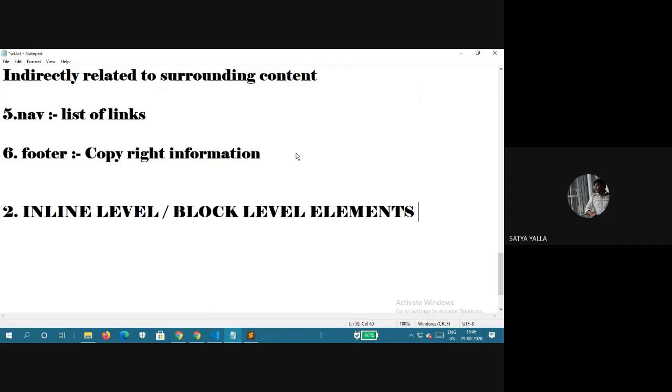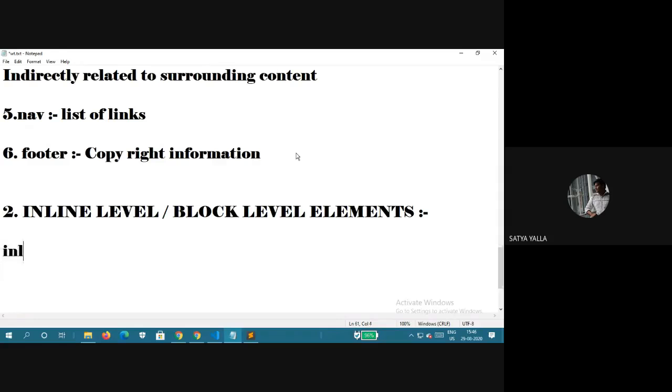So here, inline level element. Can anyone tell me what is the inline level element?